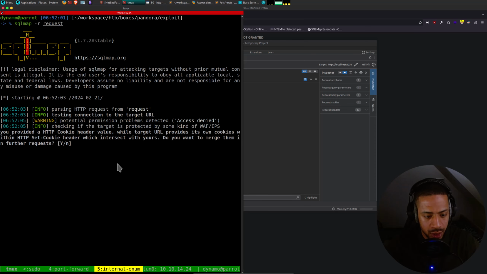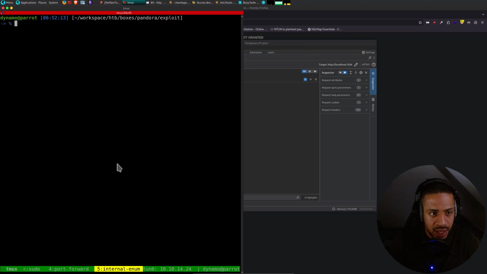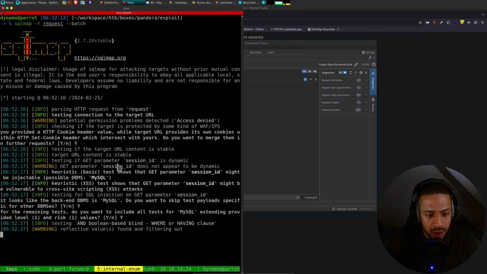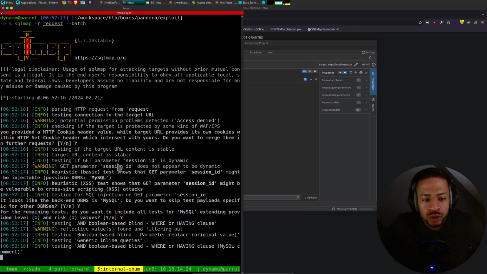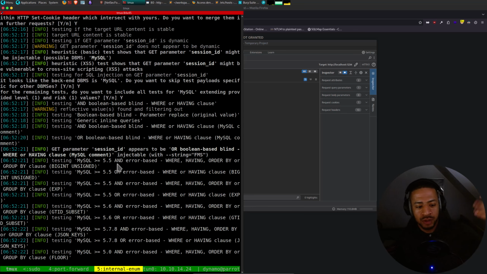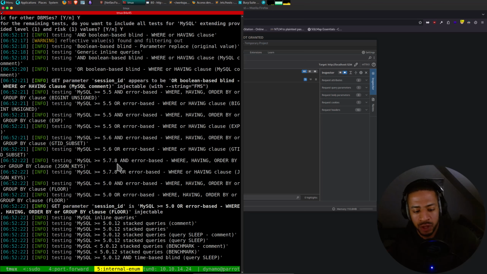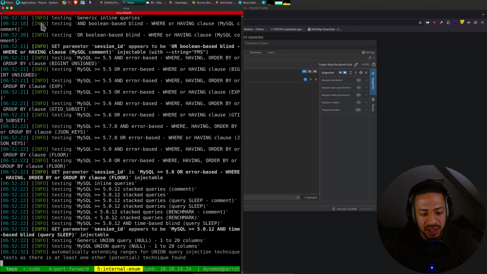Do you want to merge? You know what? Let's run batch. Exactly. Batch will just press Y or press the recommended answer to everything that it asks, because otherwise it just doesn't continue. And sqlmap is smart enough to run everything by itself.